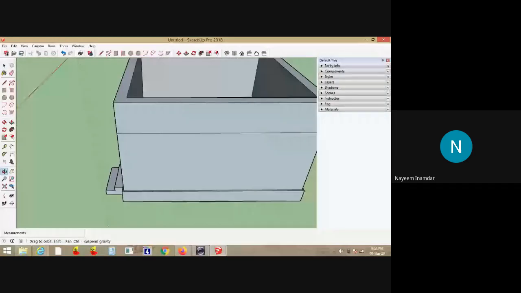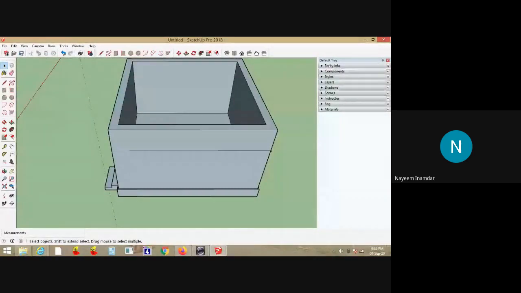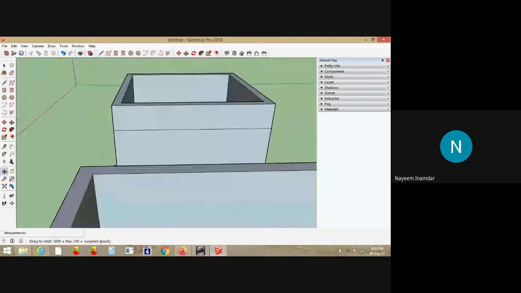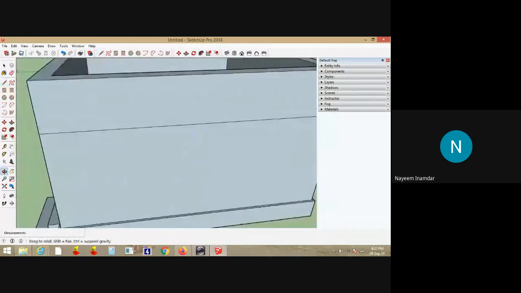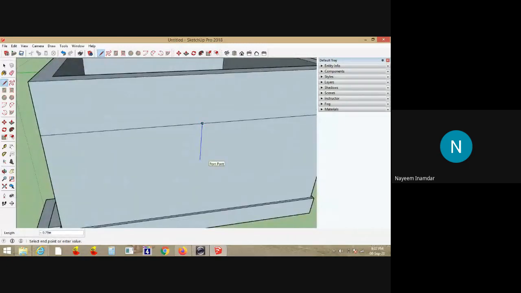So at the center of this wall, I have a window. How to do it? I'll explain. Go to line command. If this is a single line, then at the midpoint of this wall, draw a line. Suppose the window size is 1.2 meter by 1.2 meters. 1.2 meter is the horizontal dimension, 1.2 meter will be vertical dimension. On this side, it will be 1 meter. You join here. Again, go to line command, 1 meter. You join here.